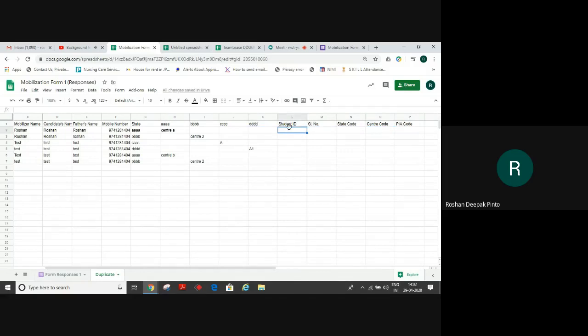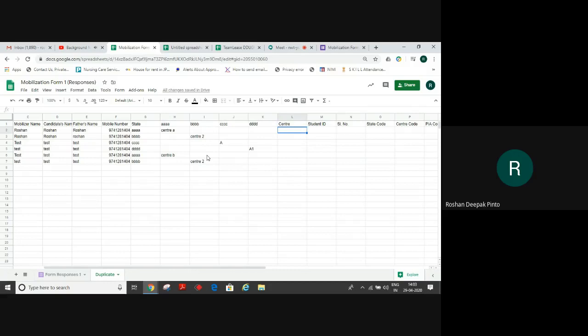Now, first of all, we need to create serial numbers. Before that, let me create one more column to bring together all the centers in one column. Now it is staggered. As you can see, AA has center A and center B after a few gaps. Similarly for BBB state, we have a few gaps. I can't put a formula if they are staggered.